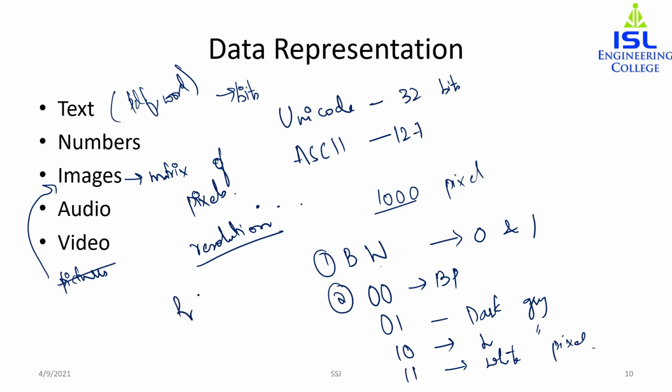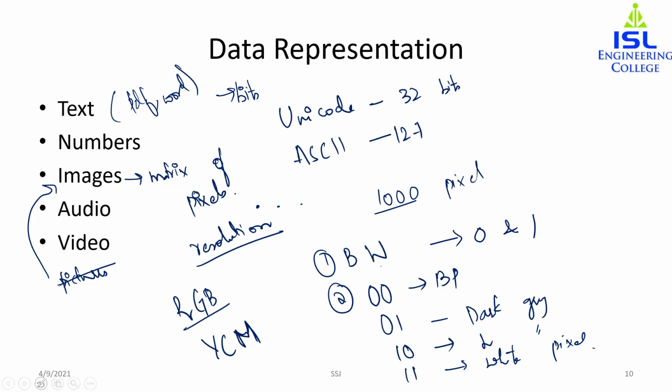Color images are usually given with RGB, red, green, and blue. The basic primary colors in that image are red, green, and blue, and all the other colors are a combination of these three primary colors. Another method is also Y, C, and M, yellow, cyan, and magenta. The same scenario applies: the primary colors are yellow, cyan, and magenta, and all the other colors are a combination of these three colors.